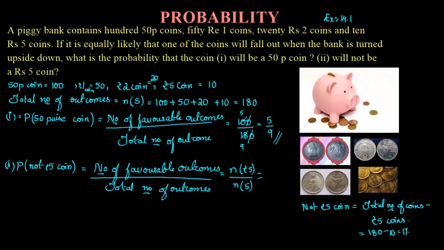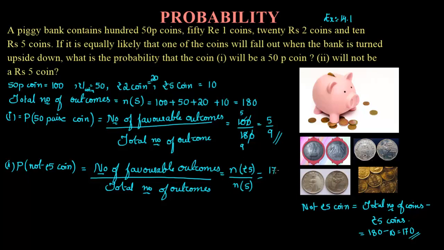So what are you going to have here? 170, right? So there are 170 coins which are not 5 rupee coins. So this is one method of finding how many coins are there which are not 5 rupee coins, or else you can just keep on counting like this only. So 50 paise coin is there, so 100 plus 50, because this is also not a 5 rupee coin, this is also not a 5 rupee coin. So add 100 plus 50, 150, 150 plus 20, 170. Or else total minus 5 rupee coins, if you do, you will also get the same answer.